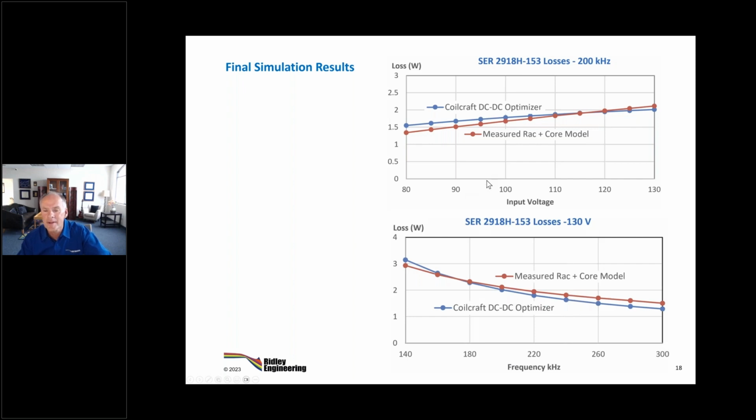And same thing with the changing frequency. We predict a little bit more losses than theirs does, and then a little bit less losses down at the lowest frequency. But to be honest, you're not going to move away very much from the 200 kilohertz. This is nice to have, but this is the point that we're looking for.